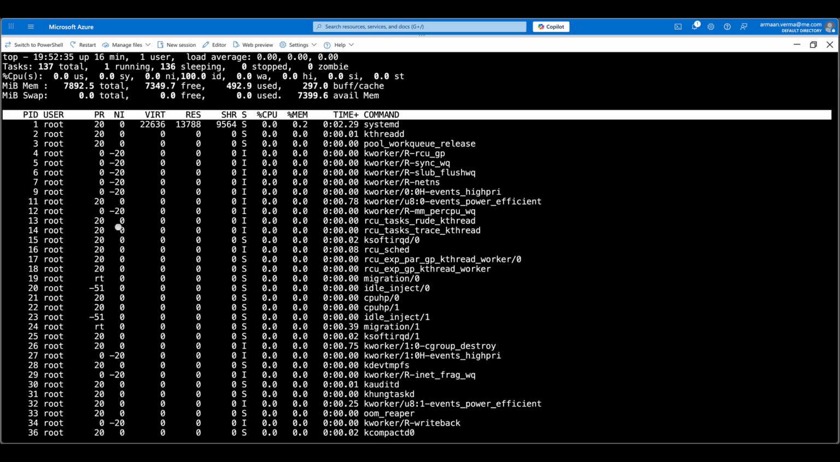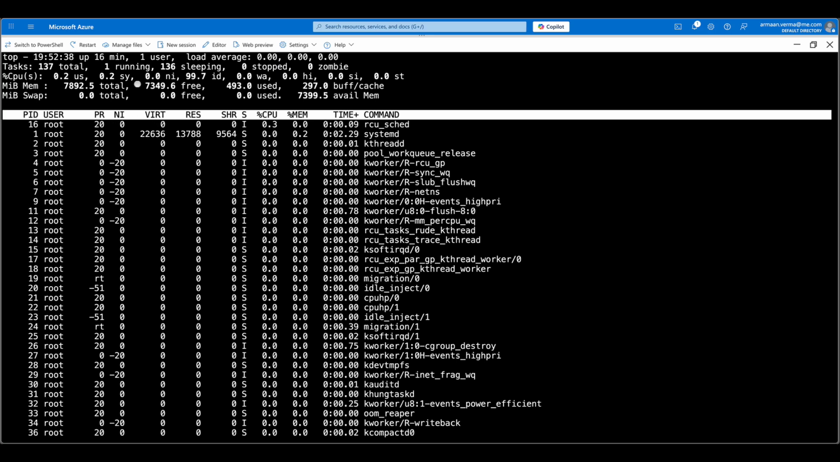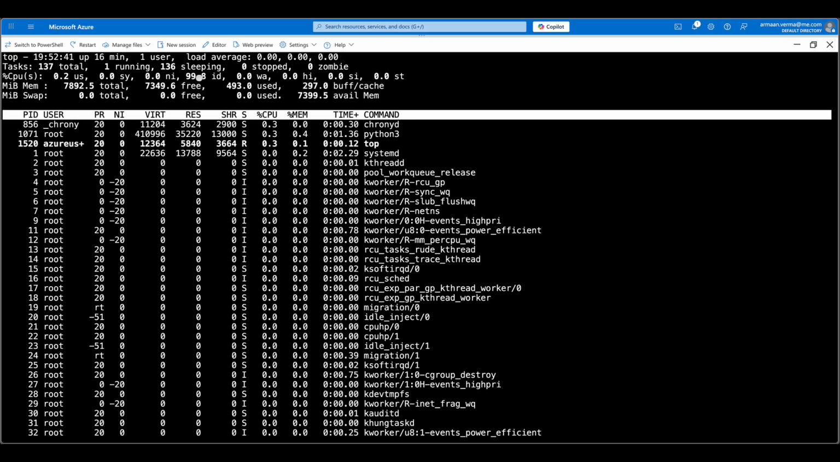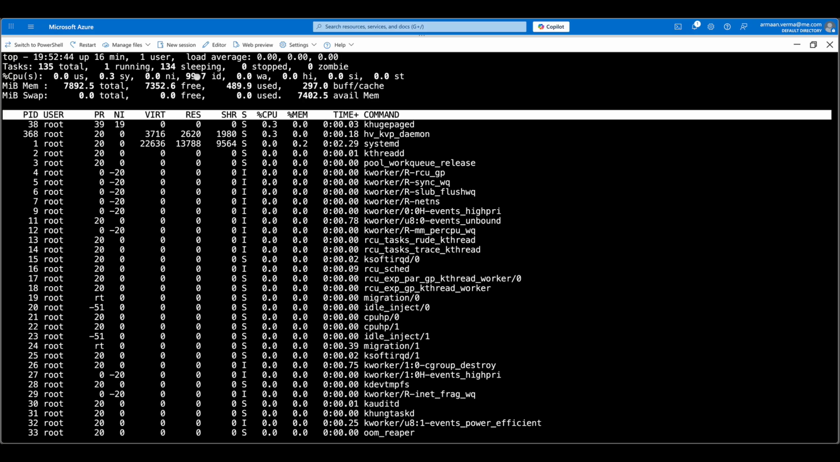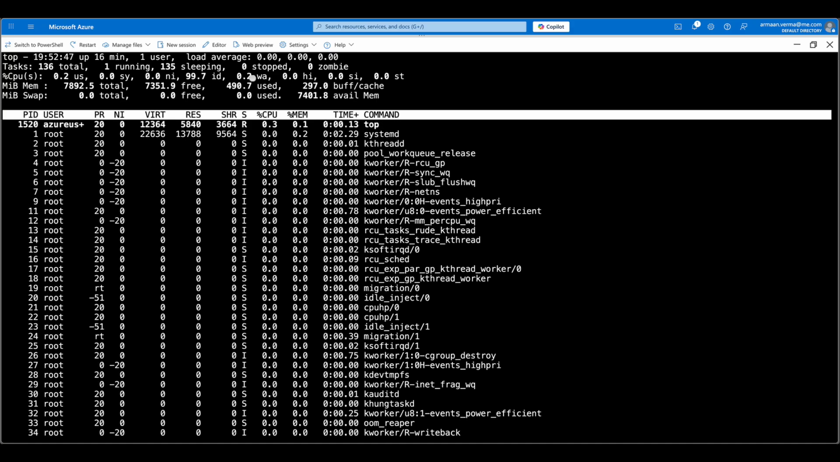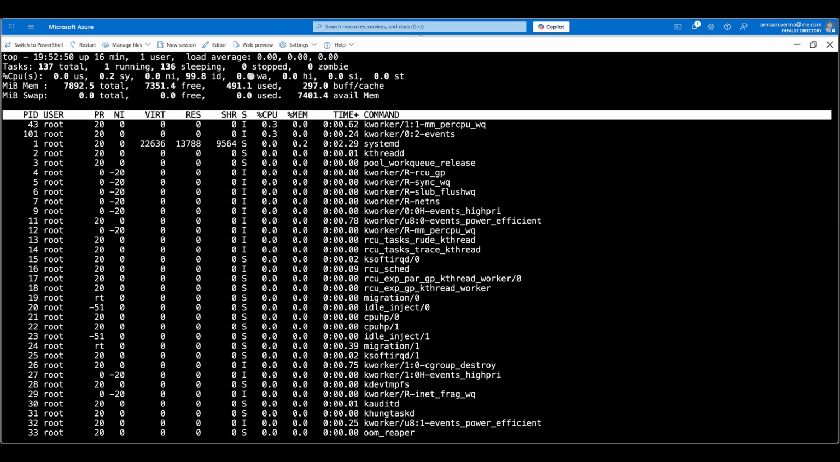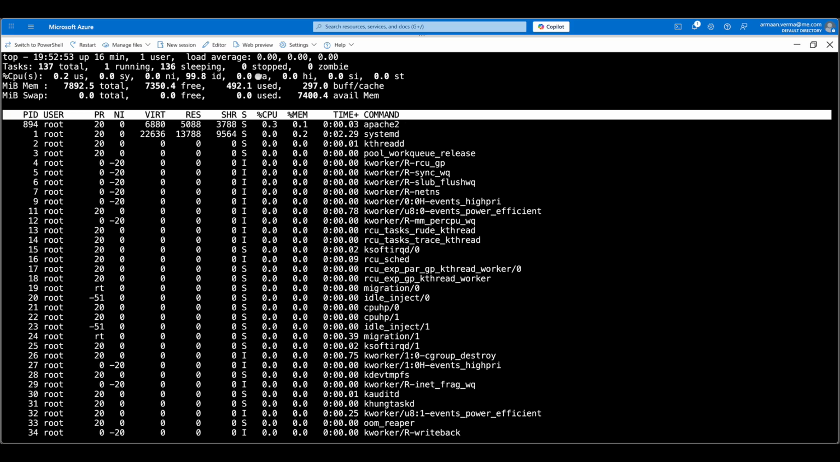You will see here that these are the nice values in the projects. We'll talk about this as we go here. Then we have the idle time. So currently the CPU is having 99% idle time. And this is the wait time, which is the time the CPU is having